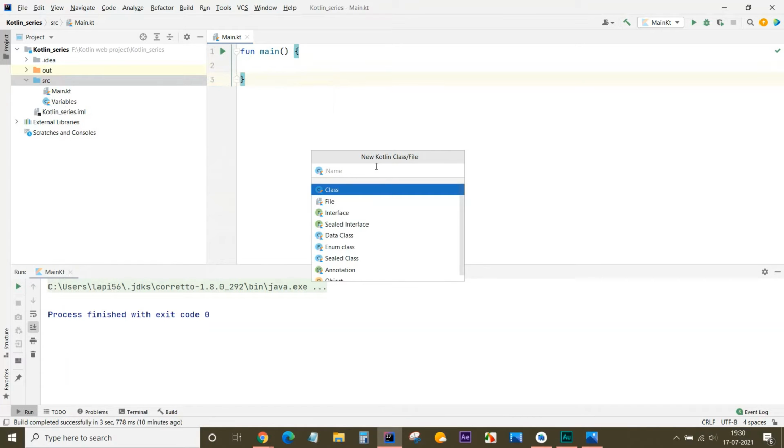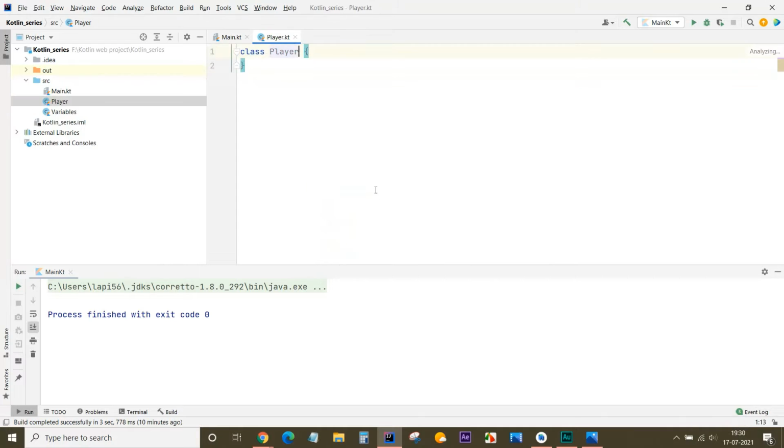We are giving it a name, for example, for a game we are giving the name Player. So now we have created a class called Player.